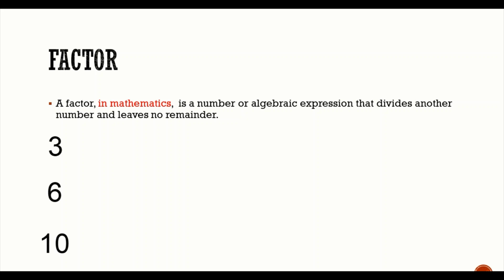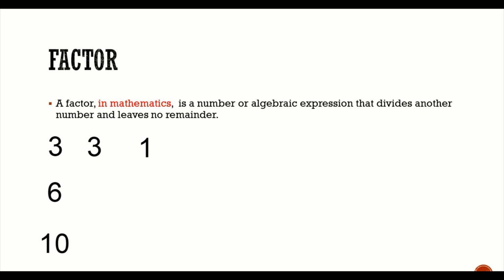So if you look at these three numbers, you have to think about 3 and which numbers will divide 3 without leaving a remainder. So the first one is 3 and the last one is 1. So 3 only has two numbers that will divide it and leave no remainder. And when you have only two numbers, 1 and itself, being factors of a particular number, we call that number